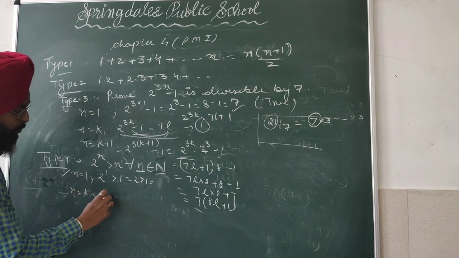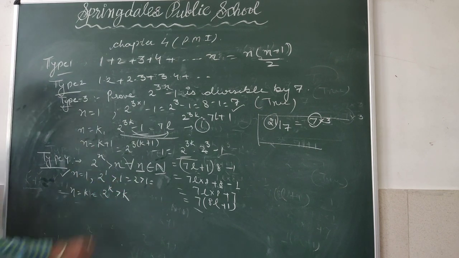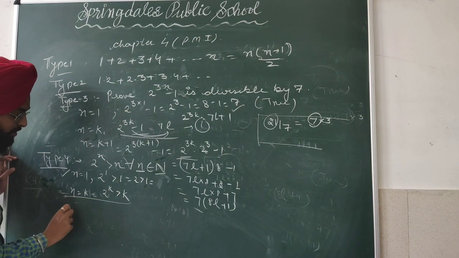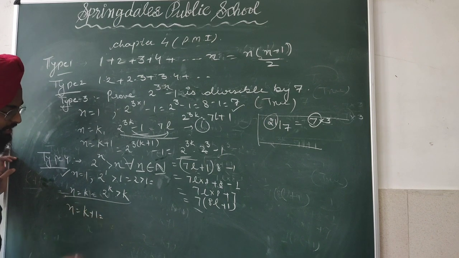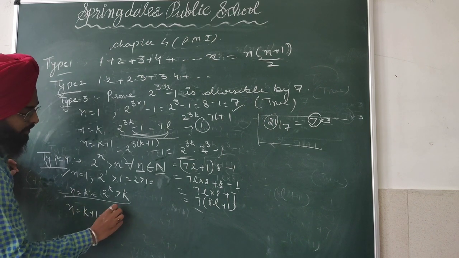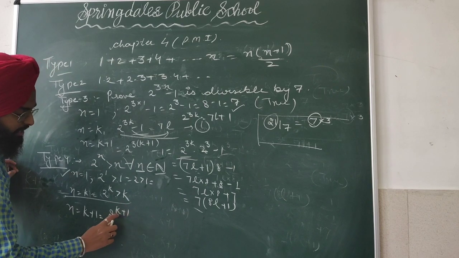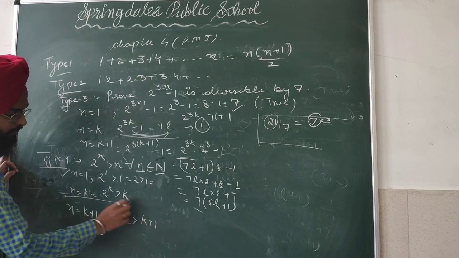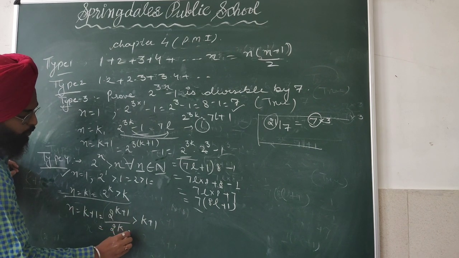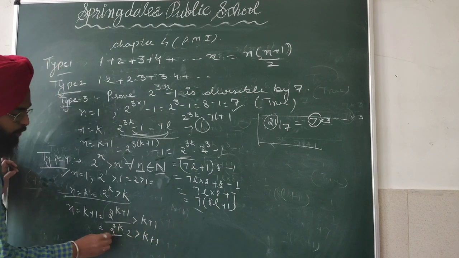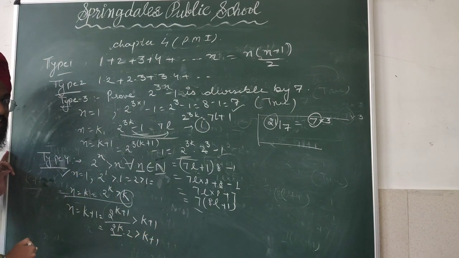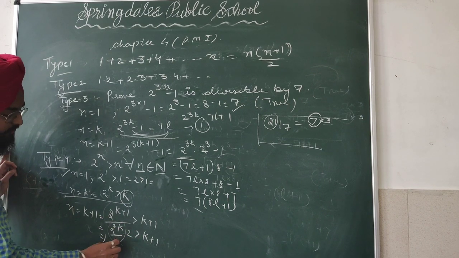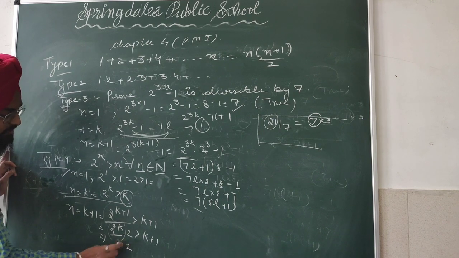N is equal to k, you have to assume this, that is 2^k is greater than k. Clear? Use करना है आपने for the third condition, that is n is equal to k plus 1. You have to put it, n is equal to k plus 1, so 2 raised to power k plus 1 is greater than k plus 1. Clear? Here you have 2^k into 2 greater than k plus 1. 2^k is what here? Is greater than k. अगर 2^k greater than है k से, तो इससे greater than होगा. You can write it like this.